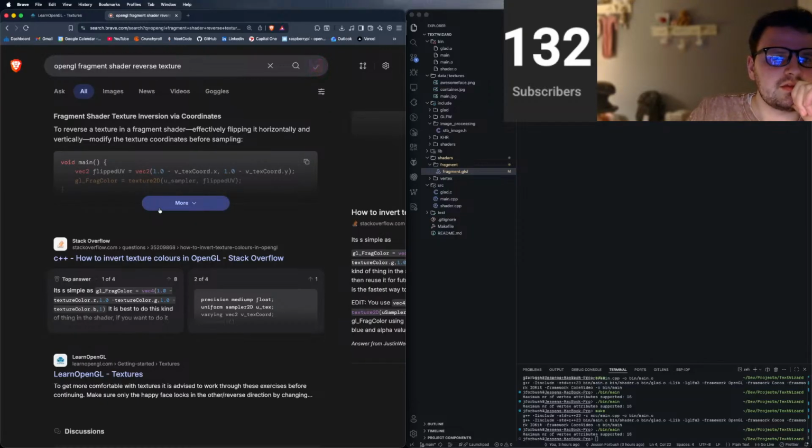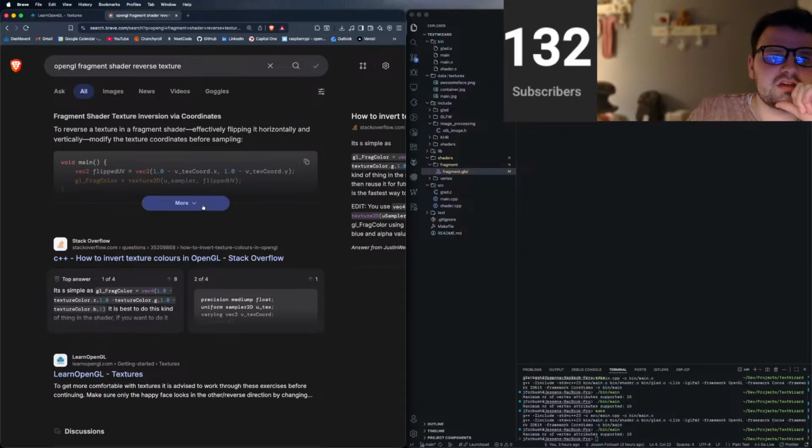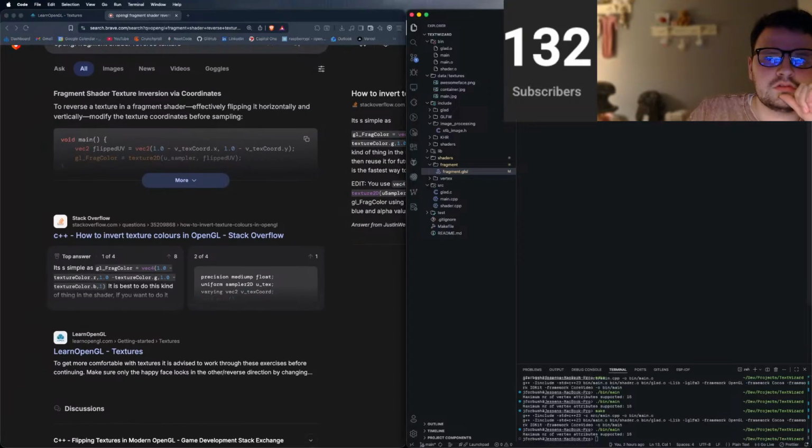To reverse, effectively flipping it horizontally and vertically, modify the texture coordinates before sampling. So we could do something like, our texture coordinate is a vec2, so texCoord equals vec2 1.0 minus